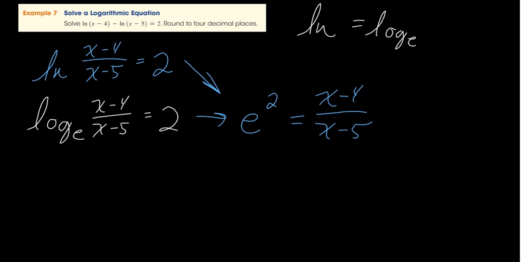Okay, so this is pretty good. So we're trying to solve for x. We have the x's on one side, that's good, but they're being divided by one another. So how do we work this? We're gonna do some fancy math here. Not too fancy, but we need to get the x and isolate it by itself. So we're gonna clear the fraction. We're going to multiply both sides by x minus 5. So this becomes e squared times x minus 5,